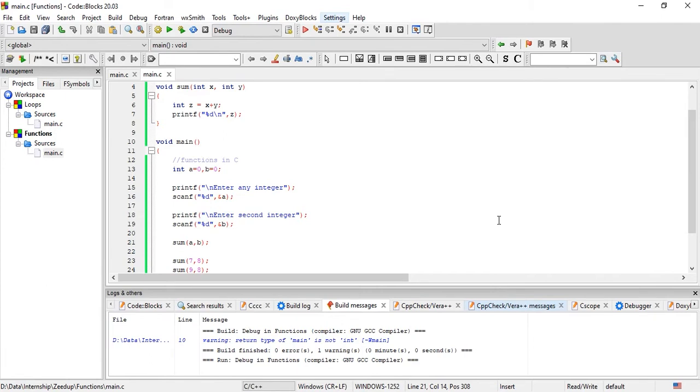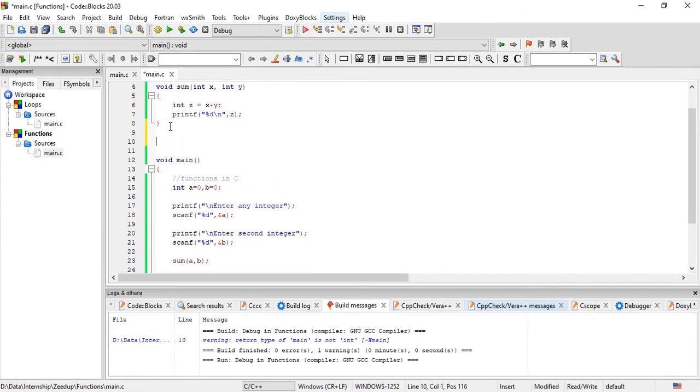Okay. Now what happens is, if we want to make some changes into the function and we want to actually return some value from this function, what I'm going to do is write another function. This is going to be the subtraction function, which means it is going to accept two arguments and then just subtract one argument from the other. And then it is going to return the result. Okay, so let us just first write the function.